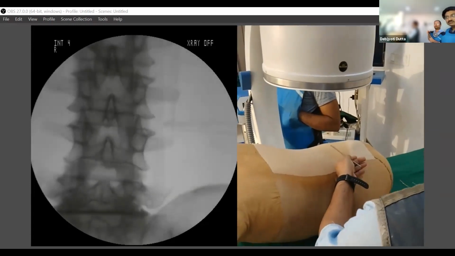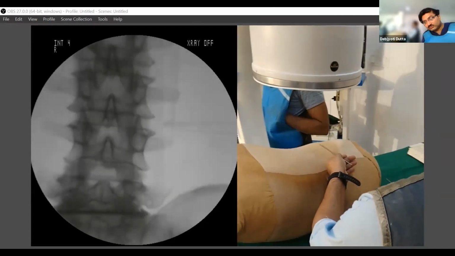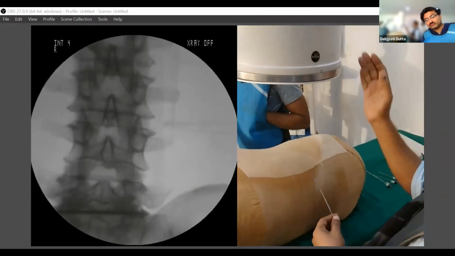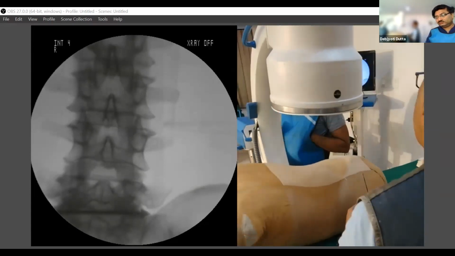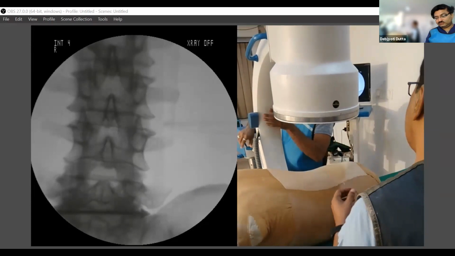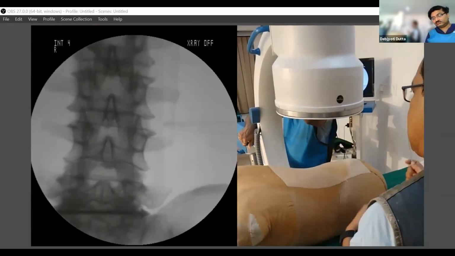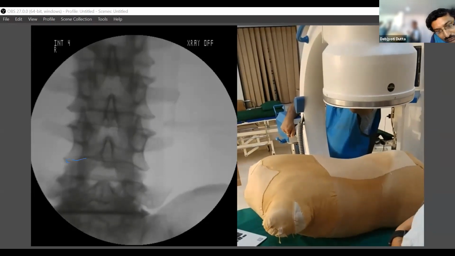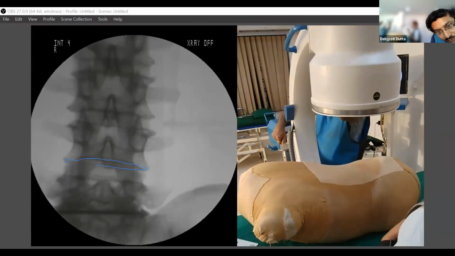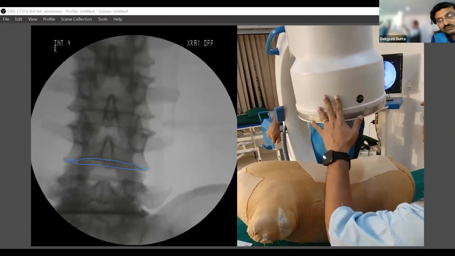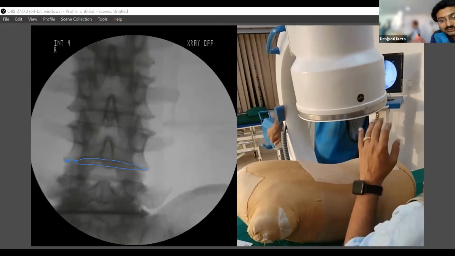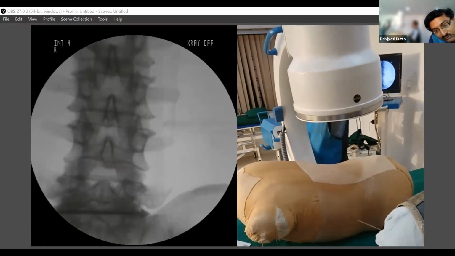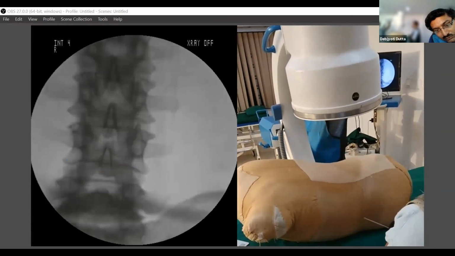So if you wish to do the procedure in the L4-5 or L5S1, you need to make a cranial tilt, like I'll be doing at the level of the L4-5. So end plate is not parallel there. You see, you can see the double line there. L4 lower end plate, there you can see the two lines. So you need to make it oblique till cranial tilt. That's till that two lines is becoming one line. You see, now it is parallel, end plate is parallel.